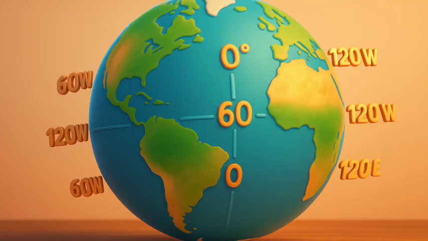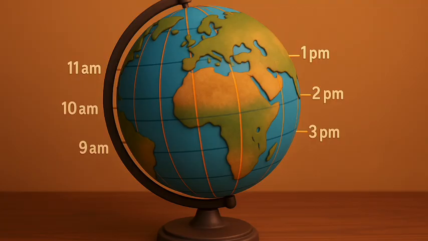It is the same as adding 1 hour of local time with each meridian. If it is 12 p.m. or noon at Greenwich, it is 1 p.m. local time at 15° E, 2 p.m. at 30° E, and so on. But going westward, it is the other way round. 11 a.m. local time at 15° W, 10 a.m. at 30° W, etc. The same method can be used to calculate the local time of any place on the earth.